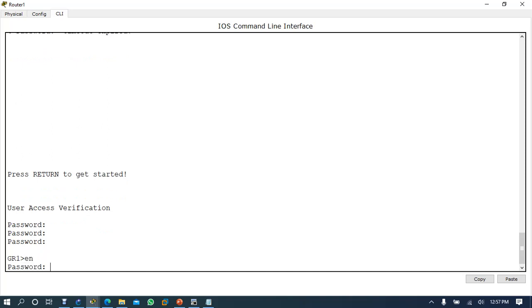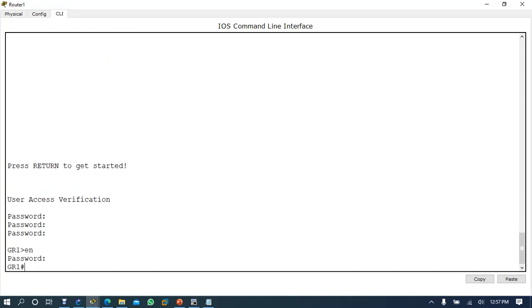Enable password is 123 at IIST. Now another administrator came after 1 hour. He also logged in and configured. Can you identify who logged in at what time and what he configured? Because everyone is using the same username and password, you cannot identify.